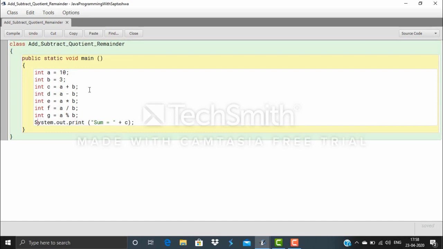Now I will just copy paste this message. And one thing, if I write system.out.print, then what will happen? All the messages will be printed one beside the another. So I am just writing ln, so that the sum will be printed in a line, and the next line, when I write the message subtracted value, will be printed in the next line. ln just changes the line.